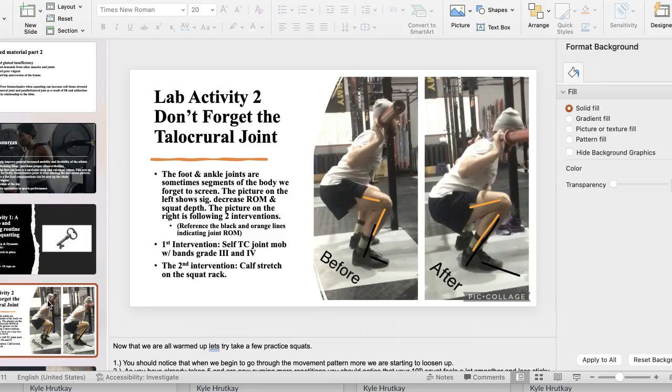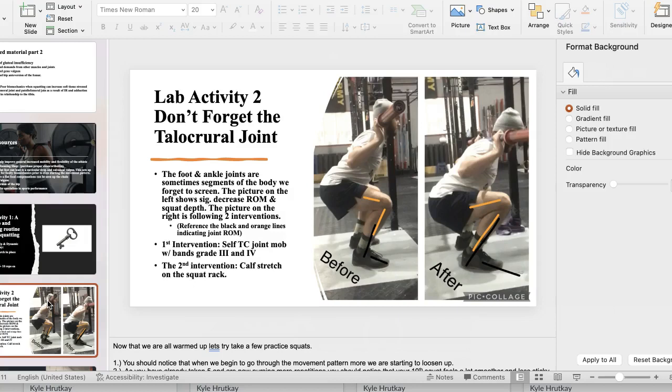pattern and mechanics. So this before and after picture, no joke, this was literally done with 2 interventions that improved this squatting pattern, and you can see based on the orange lines how there's an increase in knee range of motion. You can even see an increase in hip range of motion, right? Although there's no lines there to indicate that, I think we could all definitely see the increase in hip range of motion. And that all comes from those black lines there indicating the increased range of motion for the talocrural